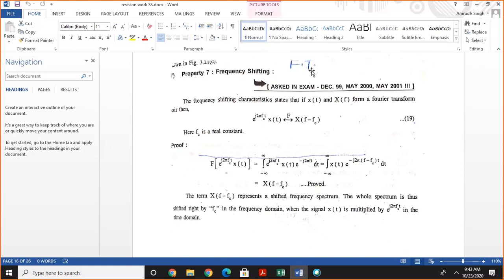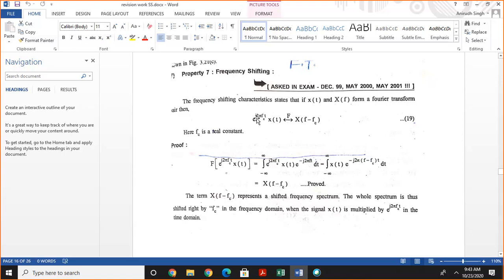This can be written as alpha 2 pi by T or 2 pi by T by alpha. Similarly, frequency shifting: if the Fourier coefficient of x of t is given, then calculate the Fourier coefficient of this term, and you can easily calculate the Fourier coefficient of this, which is x of... sorry, this is Fourier transform.